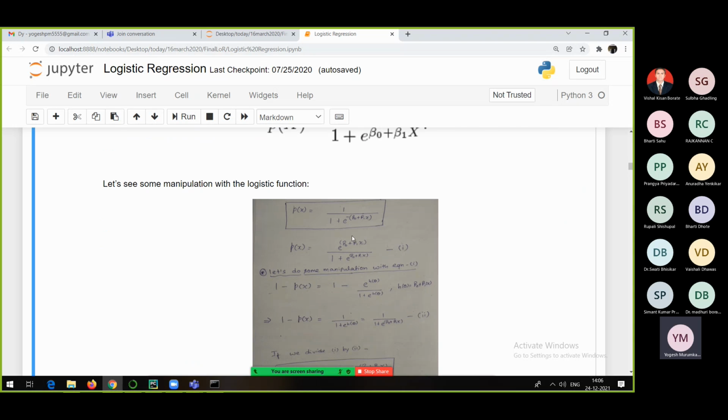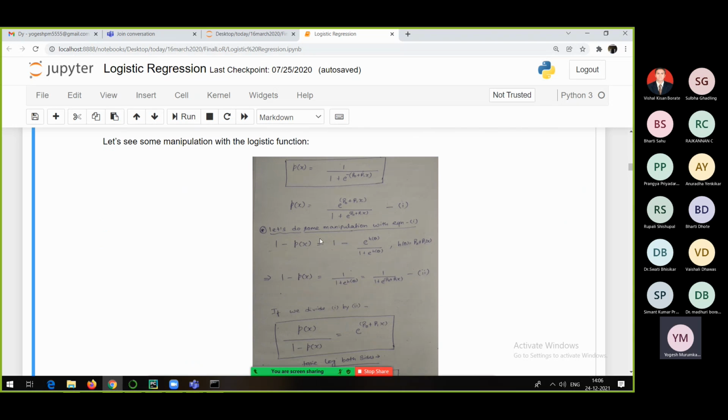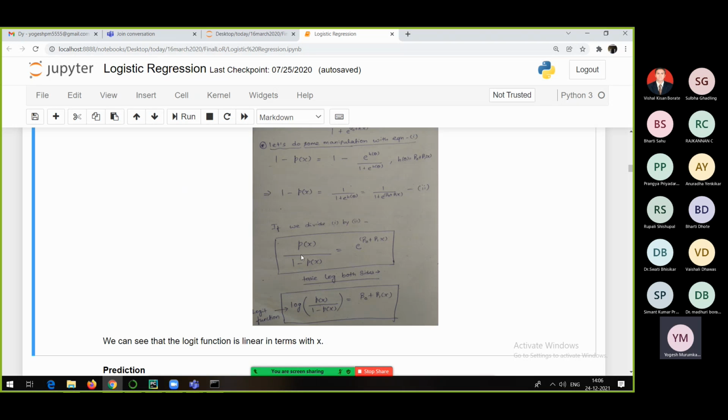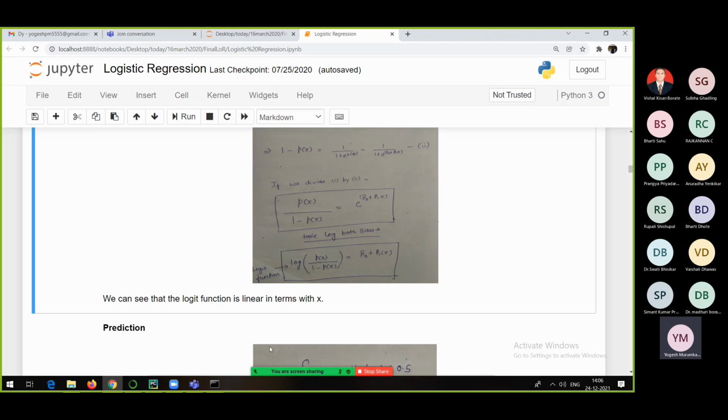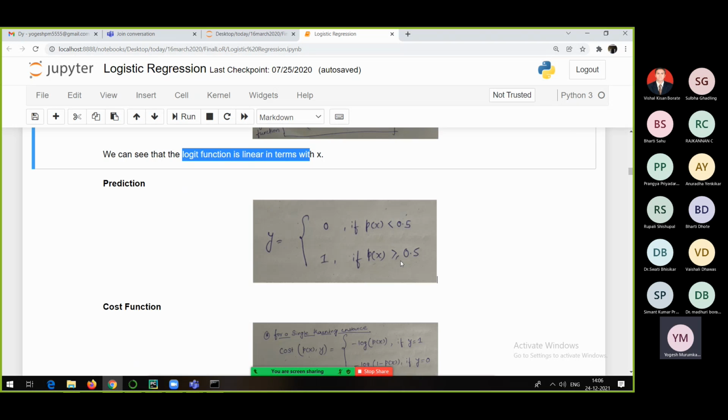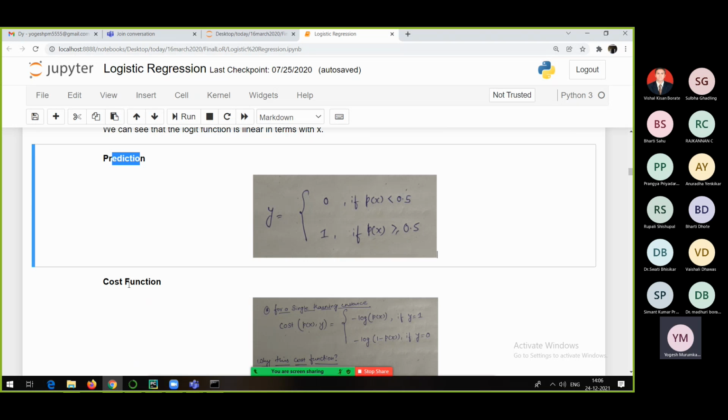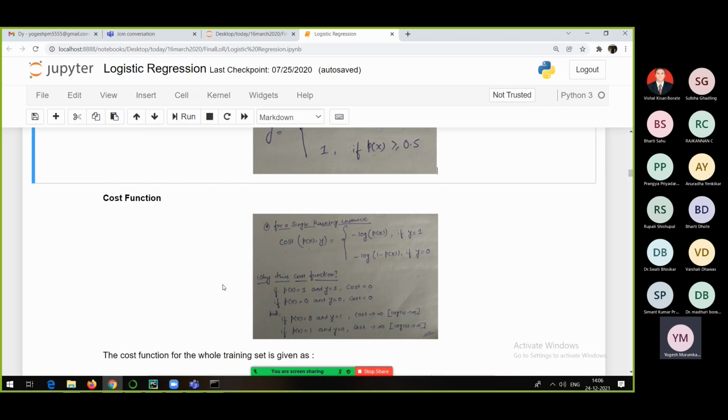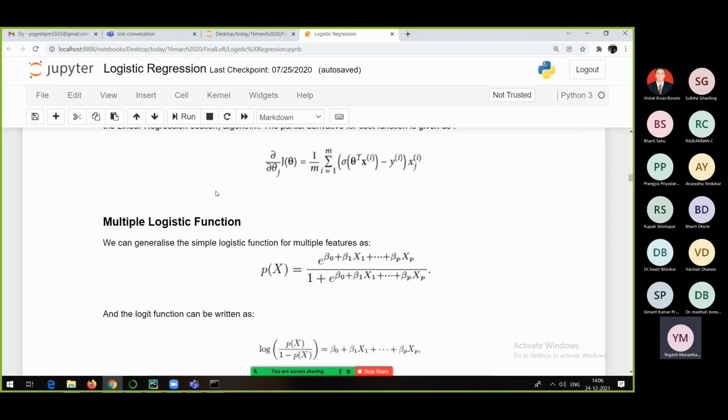After that, we have seen that by applying some simple mathematical operations, we can come up with the logit function finally, just to show you that the logit function is linear in terms of x, that is the input. Then the equation for prediction and cost, this also we saw yesterday. That same thing can be extended for multiple logistic regression.